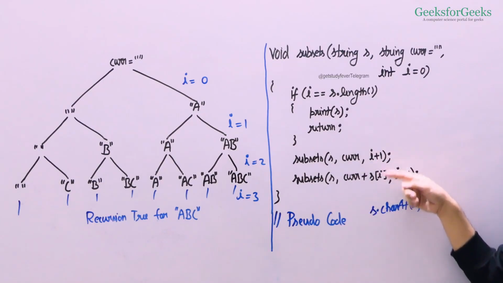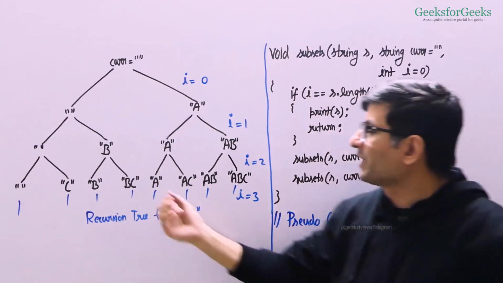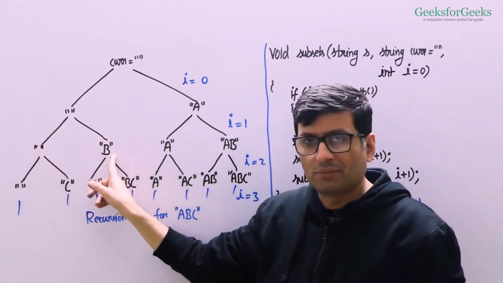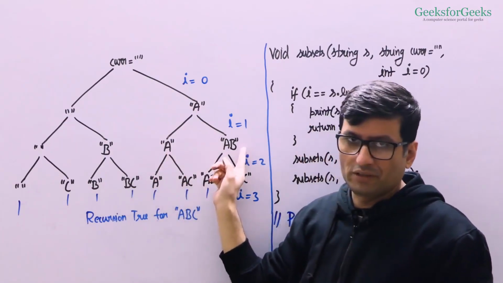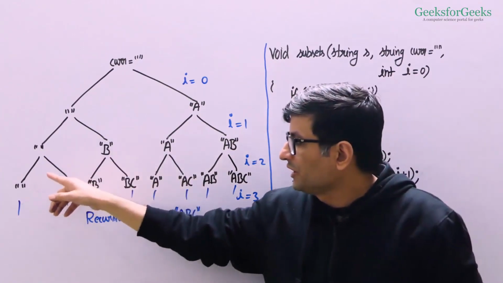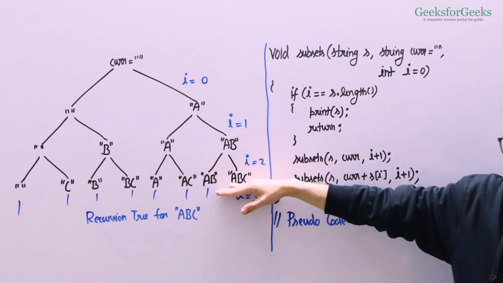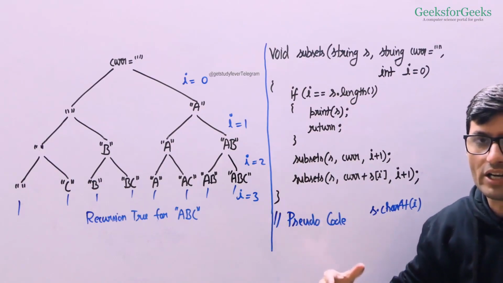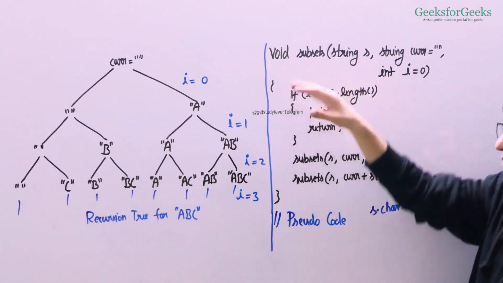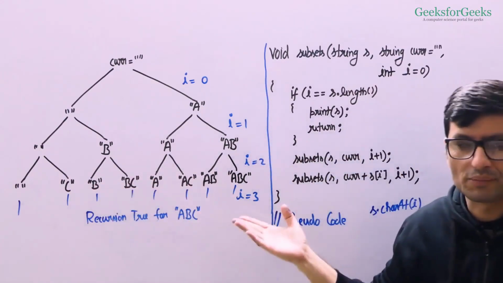And in both the calls, we pass I plus 1, which means we are now going to consider the character B. So when these I plus 1 calls begin, for example, when the I equal to 1 call begins for this part, it's again going to ignore B and add B. And this also ignores B and adds B, right? And then again, in the further recursive calls, the same things are going to happen. Ignore C, add C, ignore C, add C. And after these calls are made for I equal to 2, they are going to make further calls for I equal to 3. When the I equal to 3 call is made, you fall into the base case. So what do you do? You print all these strings. You print all these: empty string, C, B, BC, and so on, and these are all subsets of the given string.